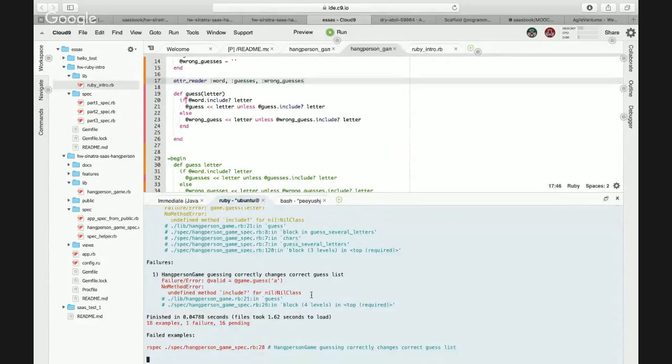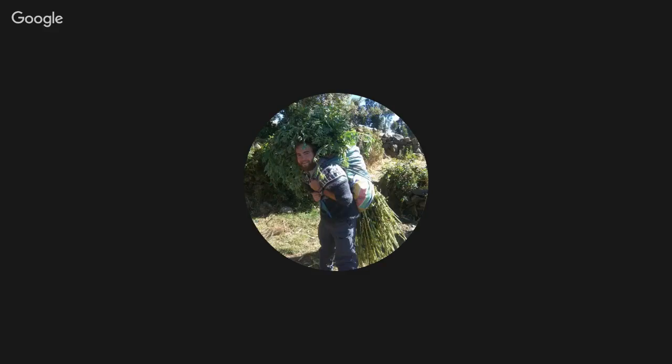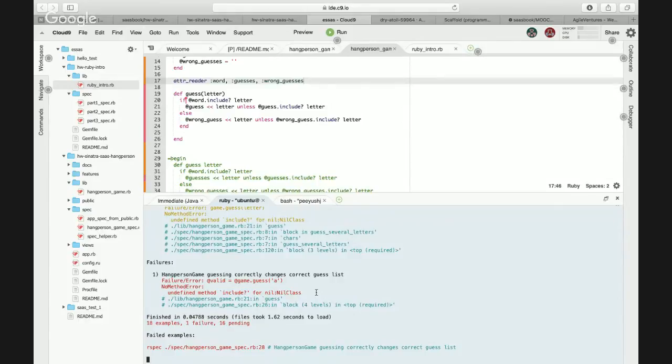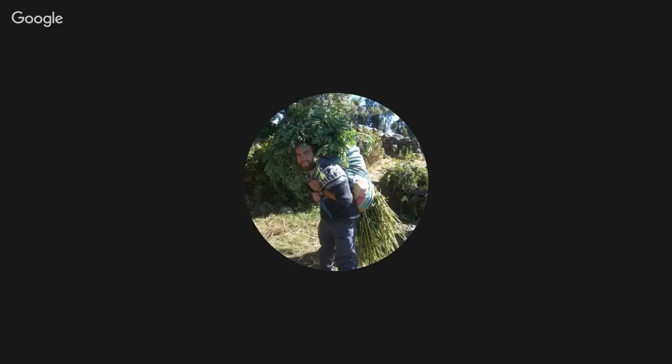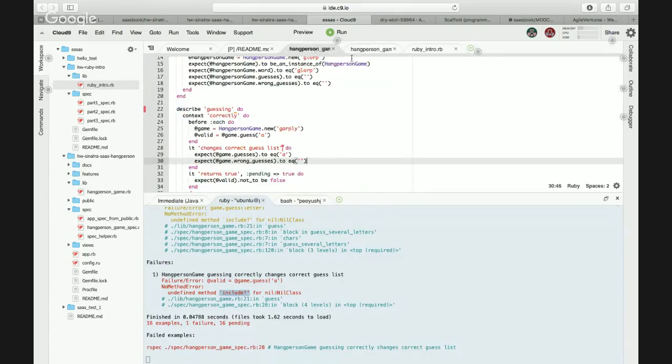So basically what it is saying is that the include method is undefined for the nil class. So somewhere we are calling this include method on a nil object. Yeah, I understand, but I don't know why, because word should not be nil, I think, right?